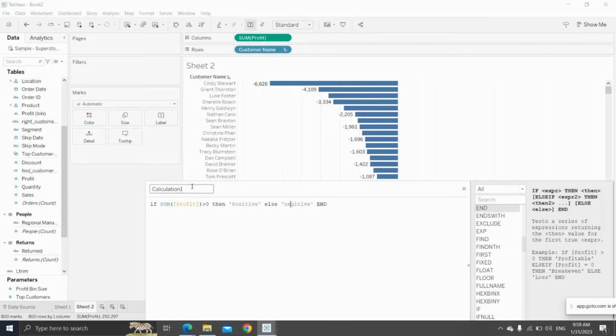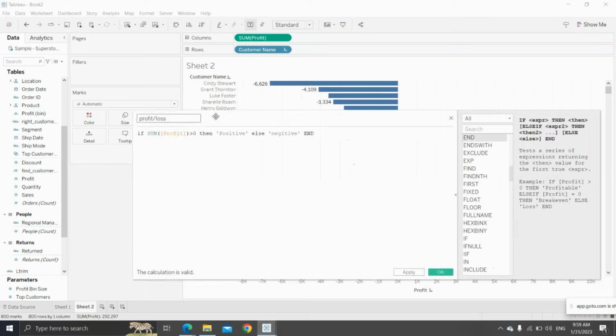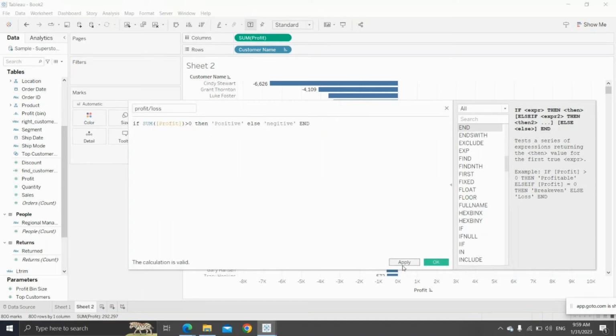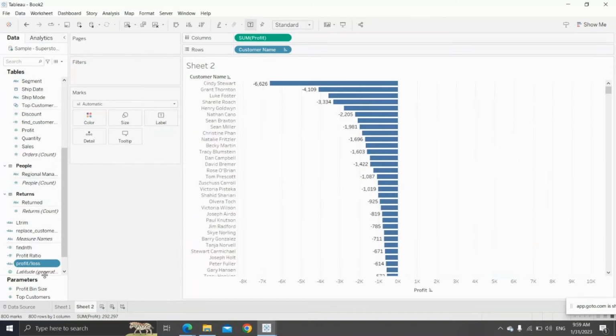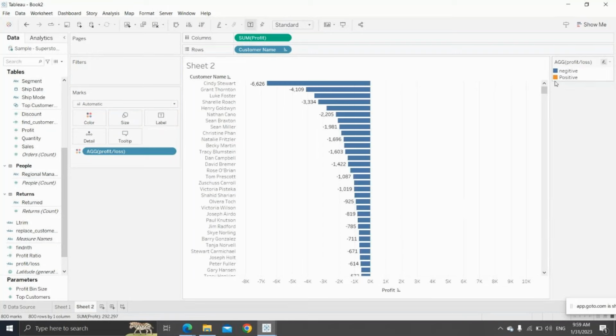Okay, so let me take profit and loss. A simple if statement we can write, then apply. Drag this profit and sales into colors. I want to represent them in two different colors, that's why we are using colors. So here you can see negative is in